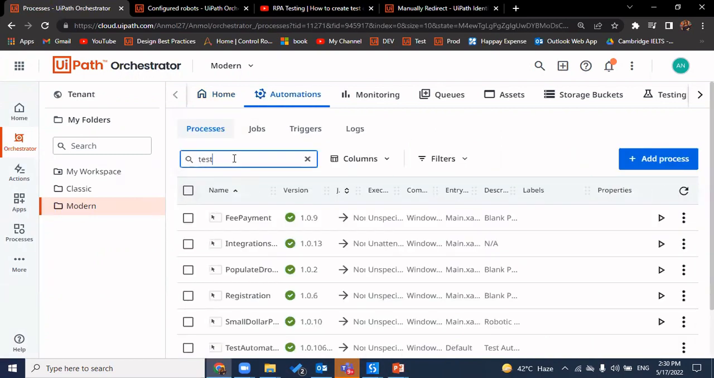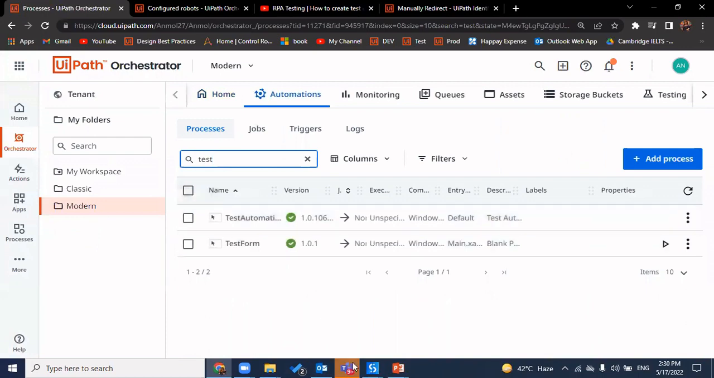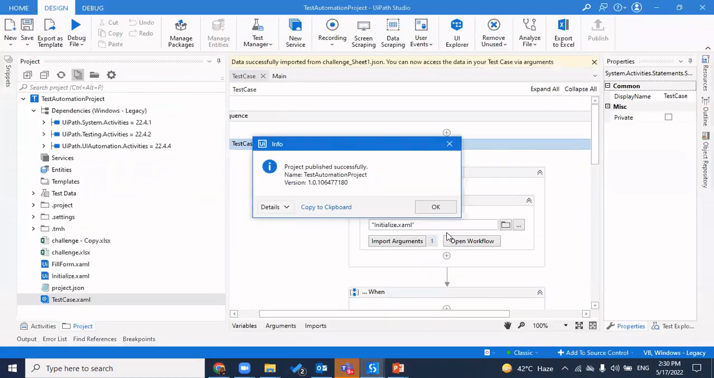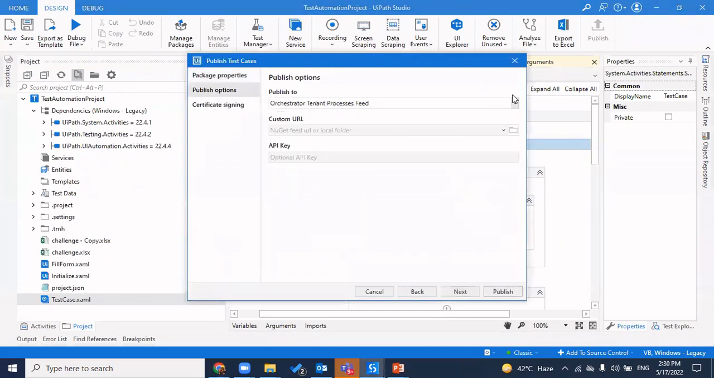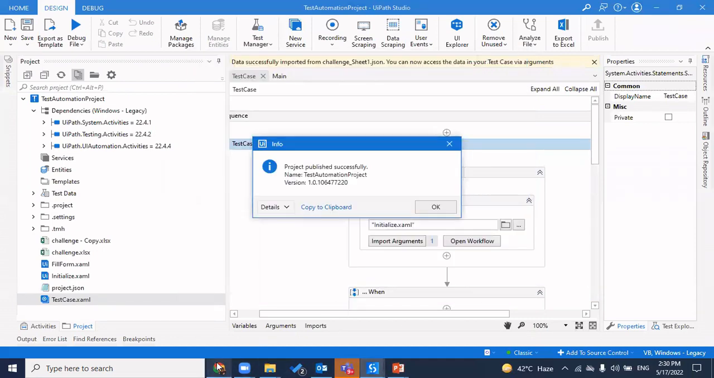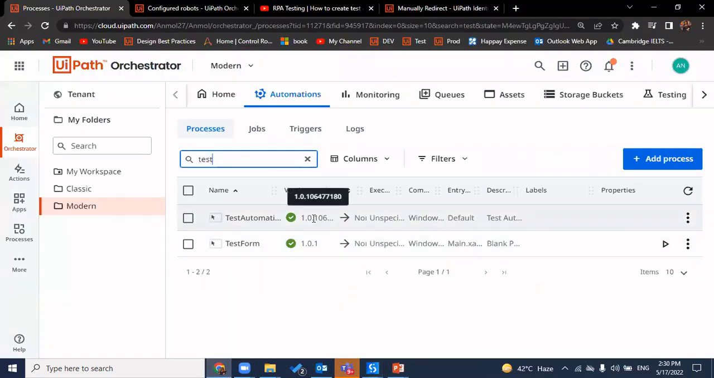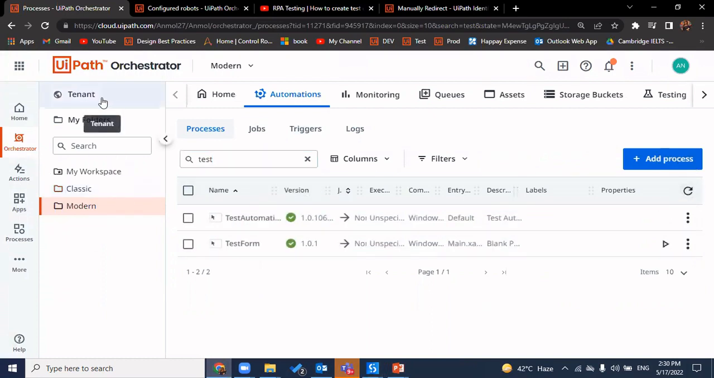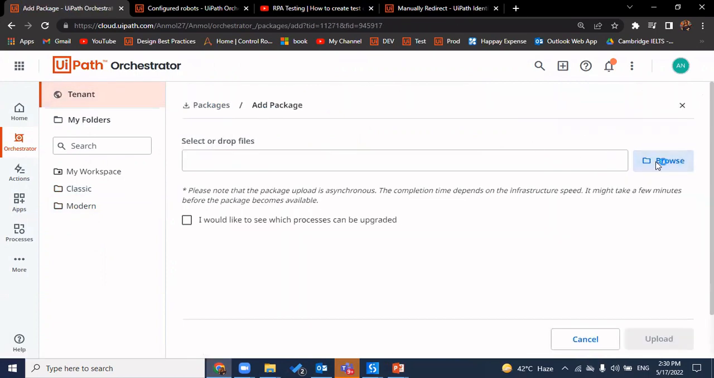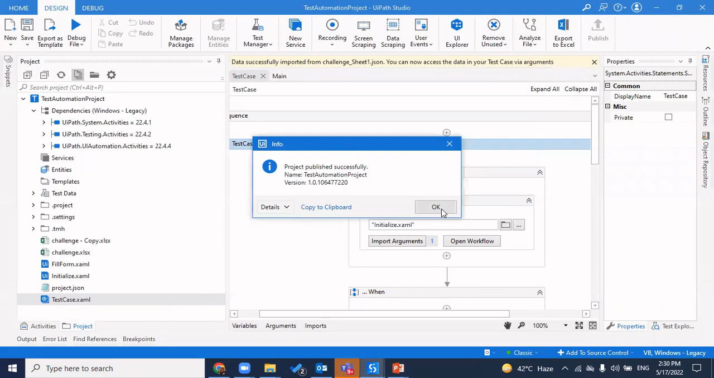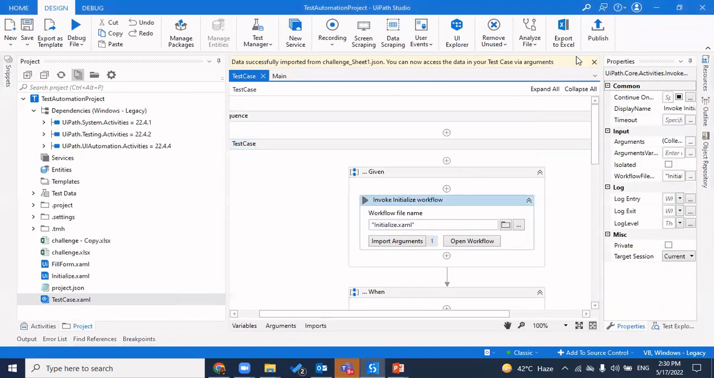So if I search my test automation project, I think I did not publish it to the Orchestrator tenant process feed. I'll click on publish again and publish it. So it's 7220. Let's click on refresh to see if it is okay. It's not coming here. I'll go to packages. I'll upload this particular file. I'll publish it again as custom and upload that